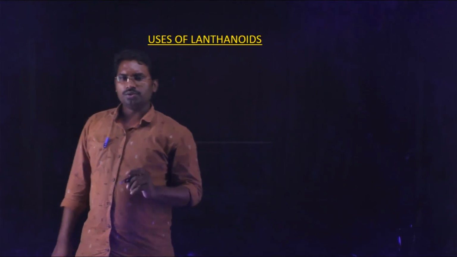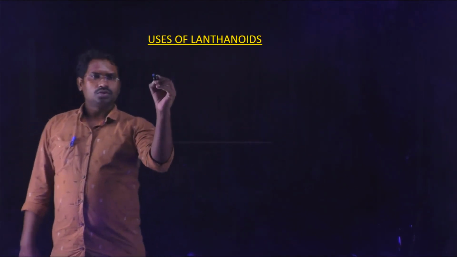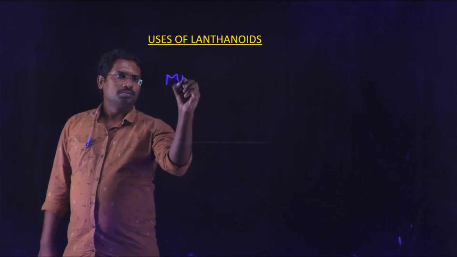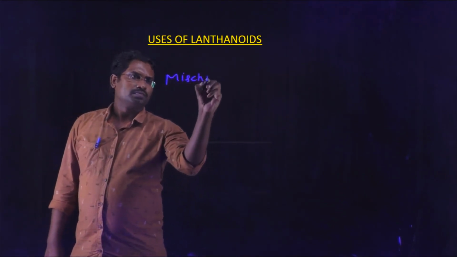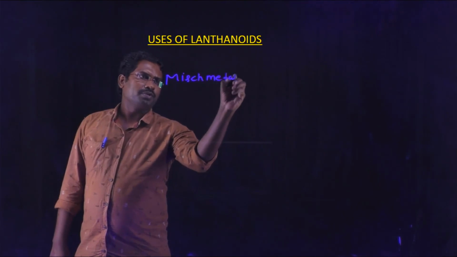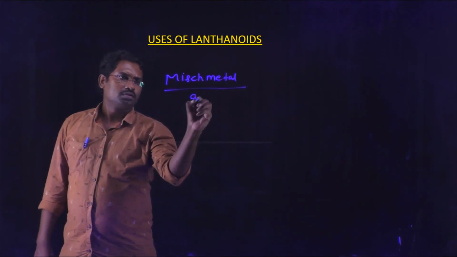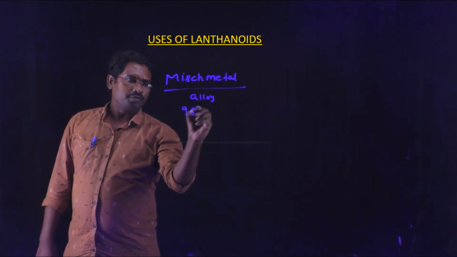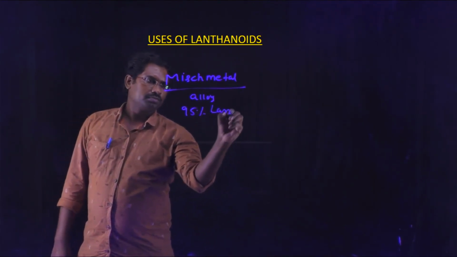And finally, uses of lanthanides. Lanthanide metals can be used in the form of an alloy, that is mish metal. What is meant by mish metal? Mish metal is an alloy with a composition of 95% lanthanide element,